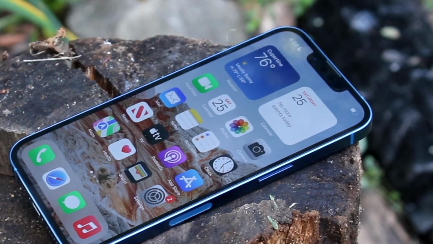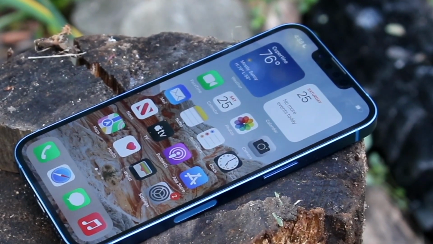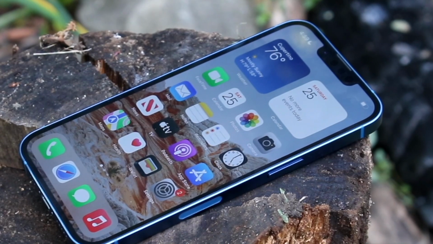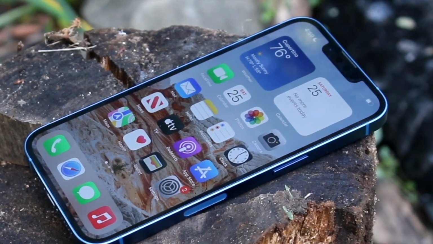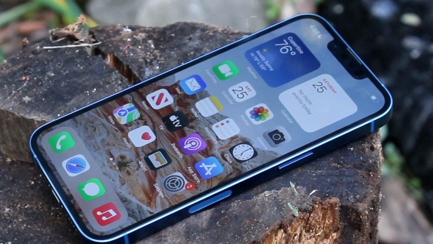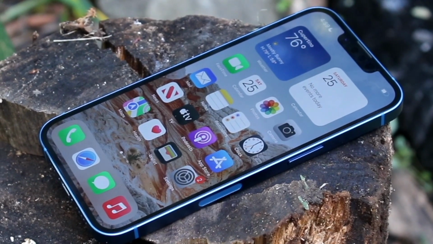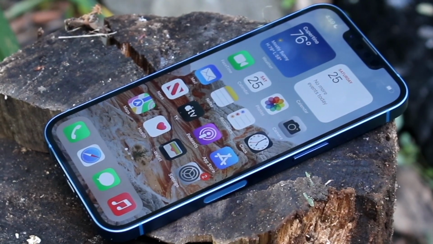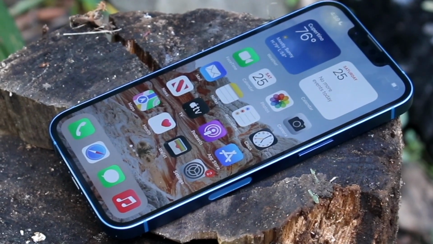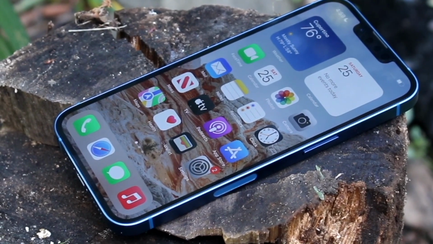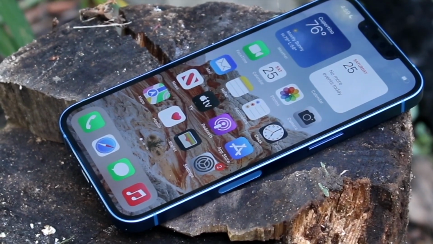So the iPhone 13 has been out for a couple of months now, and we're still experiencing some really weird issues across this iPhone. Now, I've been using the iPhone 13 quite a bit, but I've been experiencing some issues on my 13 Pro as well. To give you some perspective, I'm running the latest version of iOS on all these iPhones, not the beta, but the most recent full version, and every single time I make a video, it seems like there's some random